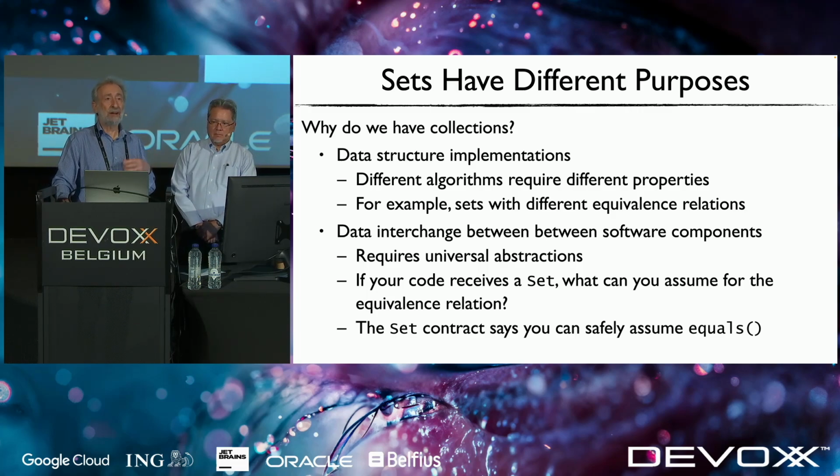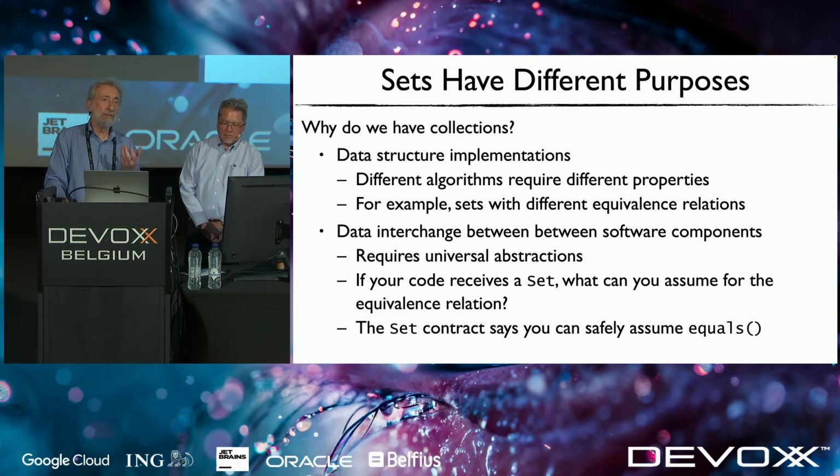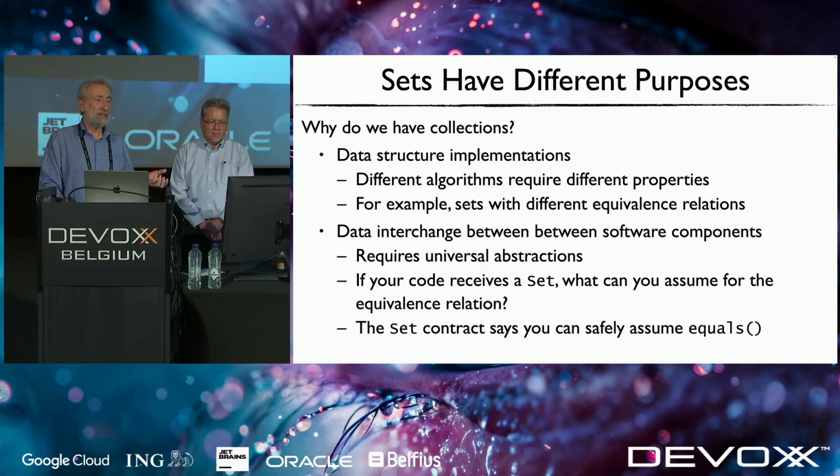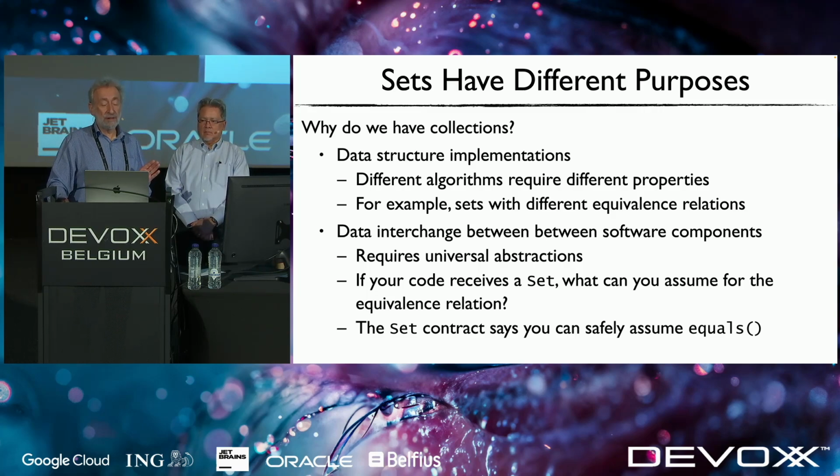In principle, the return value from the method that you called was a set, and it could be a sorted set with a comparison method inconsistent with equals, or it could be a hash set, and you don't know. So, in terms of good practice for software engineering, a sensible thing to do is to go along with